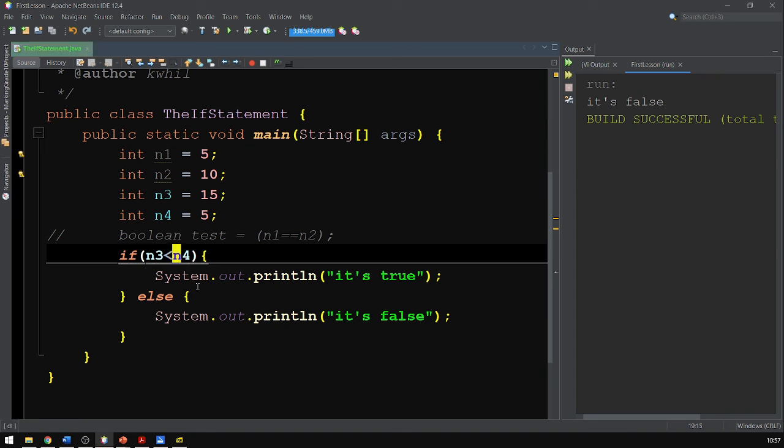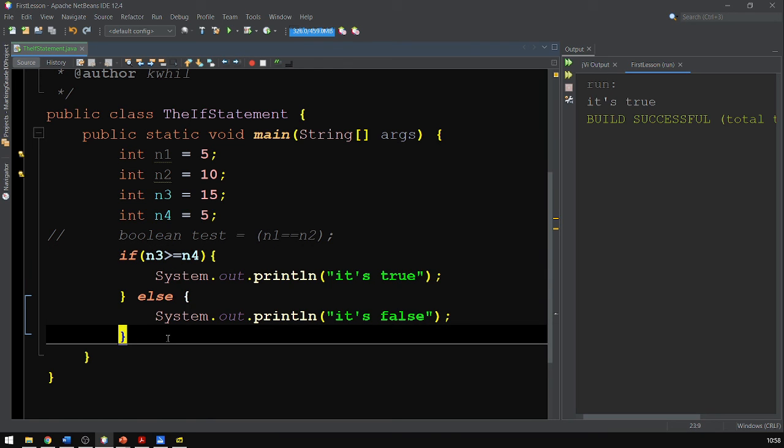Right, we also have a few others. We can also use greater than. So in this case, it's going to return it's true, because obviously 15 is greater than 5. This can also be greater than and equal to, in which case it will also return true. And so that's when we're testing numbers against each other. When we start getting to strings, it does get a little bit more tricky, because